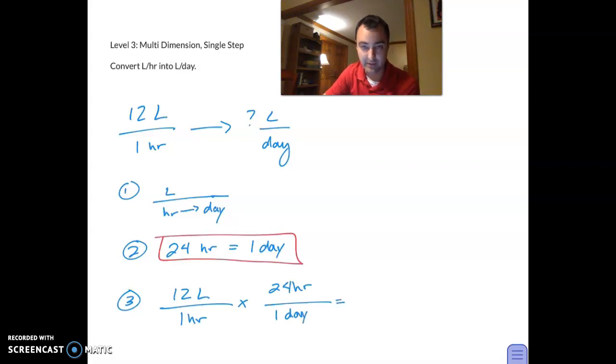So if you did this math quickly on your calculator, 12 times 24 is 264. Is that true? Let me just, I don't want to be on recording as wrong. 288, that would have been wrong. 288. You can see that the hours have canceled. So the only units remaining are liters on the top, and the only units remaining on the bottom are days. Okay, so if you need to convert something in the denominator,